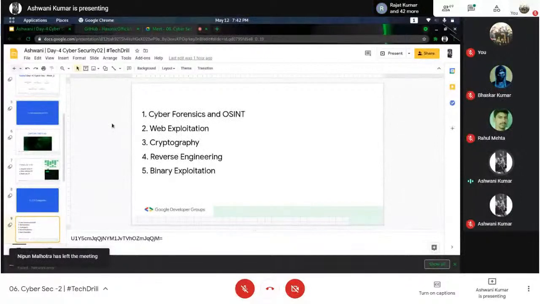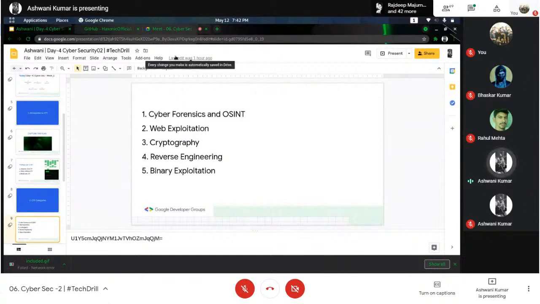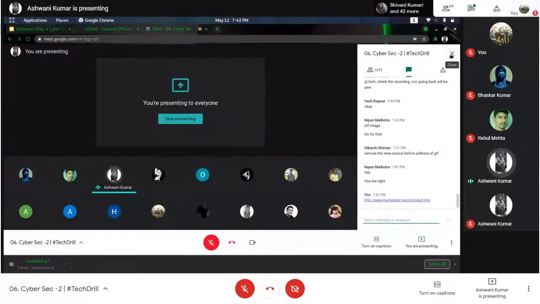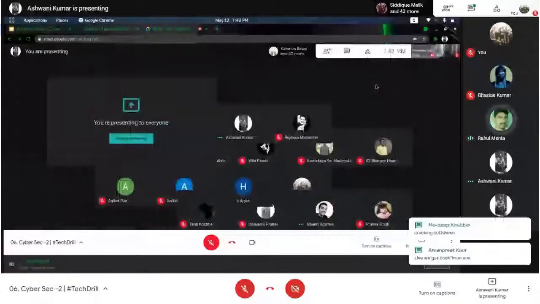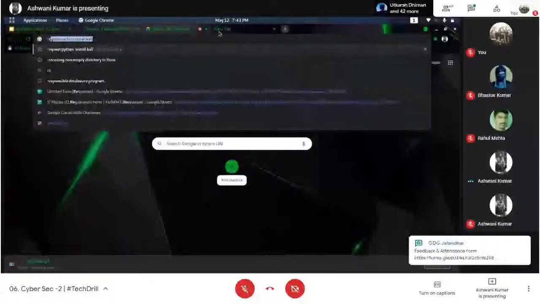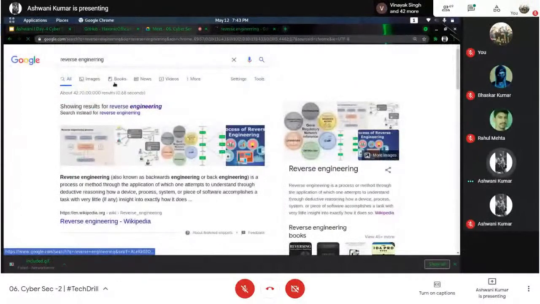So next thing is reverse engineering, of course. I can show you. How many of you actually know what reverse engineering is, or from the name, what it can be? Like a malware analysis or... Malware analysis. So let me just show you. Let's just go with the simple one. What it really says.